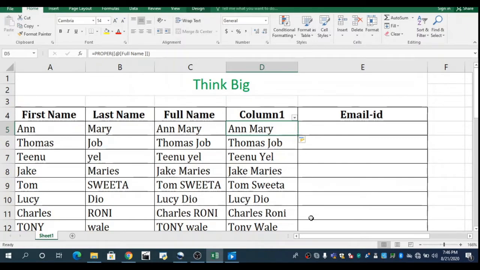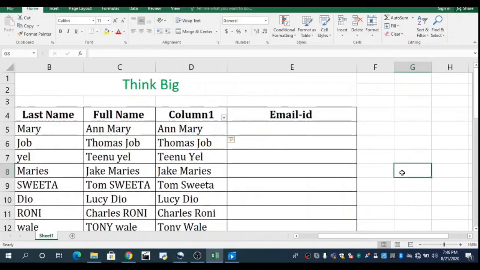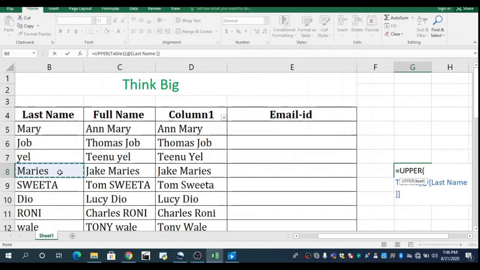So I'll show how to use the other two keywords. Let the first one be uppercase. How can we convert the complete word into upper? Again, put the equal to sign, write upper. You can see, press tab. Now we have to convert the word Mary's completely into upper. So we select the B8 cell, close the bracket, press enter.